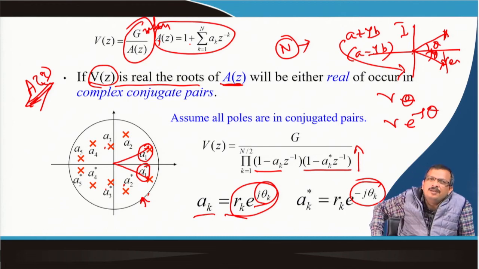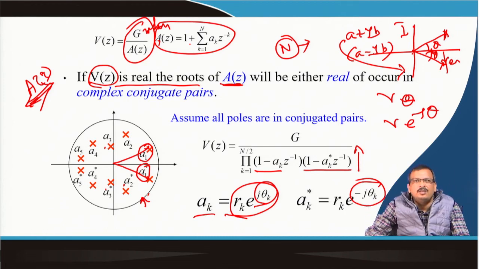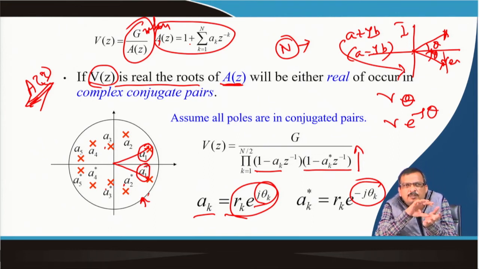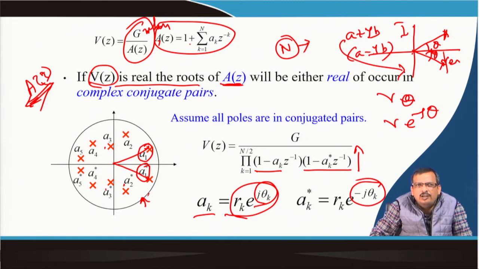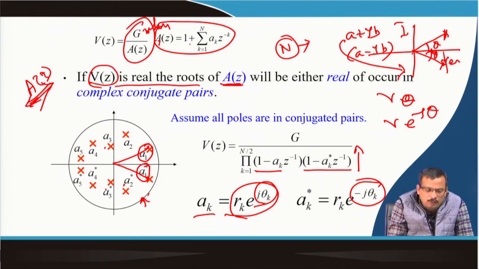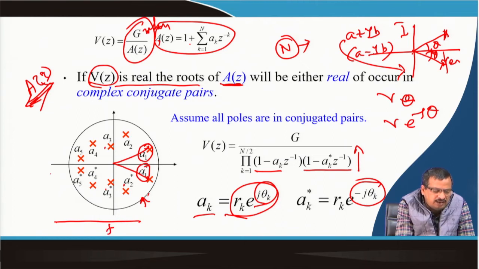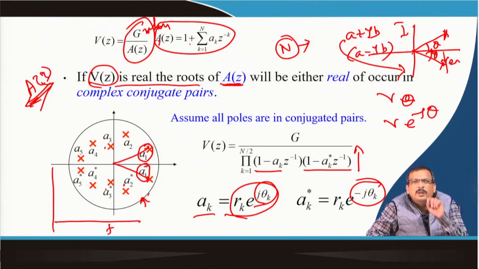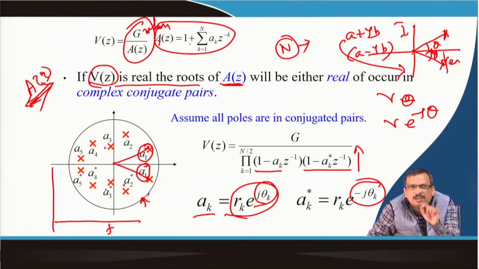Now, what is the significance? How do you relate poles and zeros in a physical system? All of you already know the Laplace transform and Bode plot. What is a Bode plot? A Bode plot is nothing but the x-axis is the frequency, the y-axis is the intensity. So, it is nothing but the frequency response of the system.